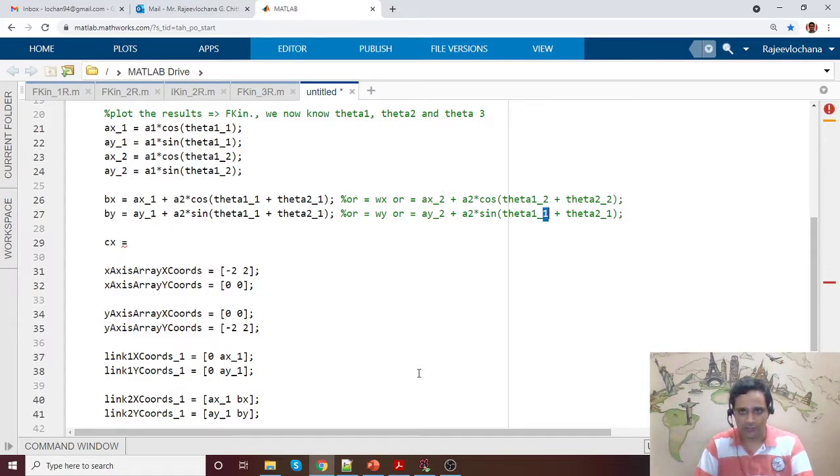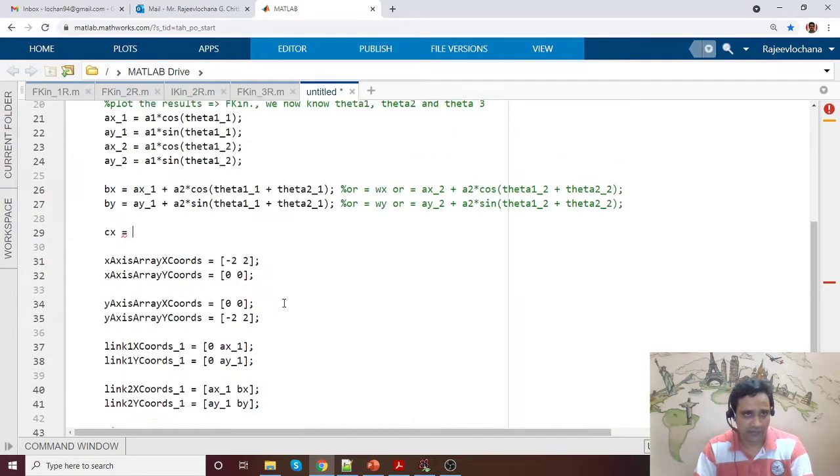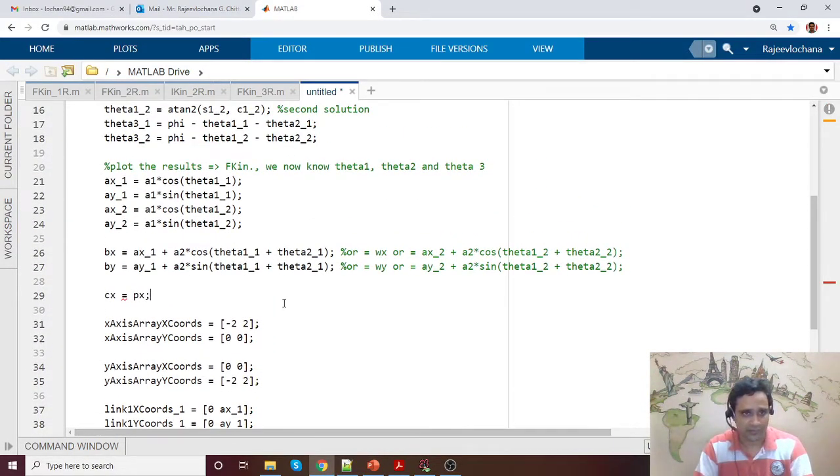See, even after so much practice and experience, these terms can get confusing. Okay, so obviously you should have better idea on the geometric aspect. So what exactly it is, wx wy. If you make a small mistake, obviously your results are all going here and there. Okay, now cx and cy, in case if I have the same coordinates, so I can consider as px and cy is py. You can directly use, that's not a problem.